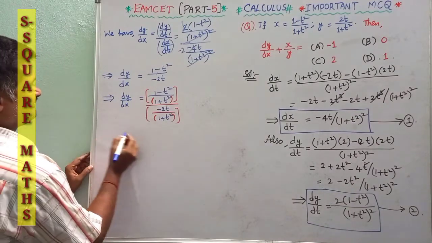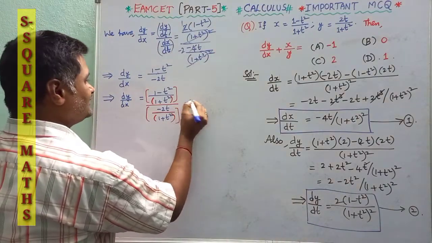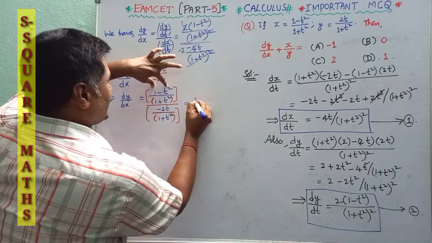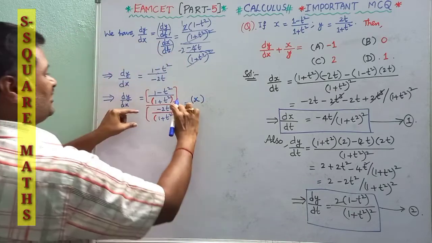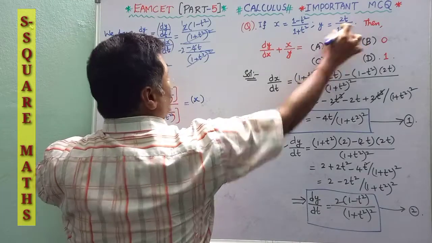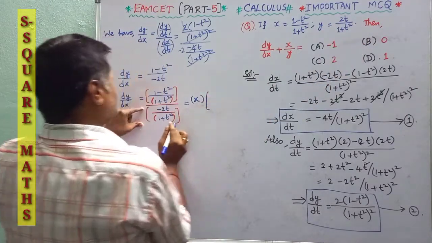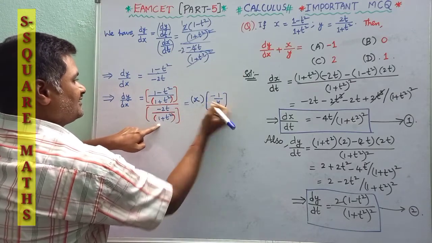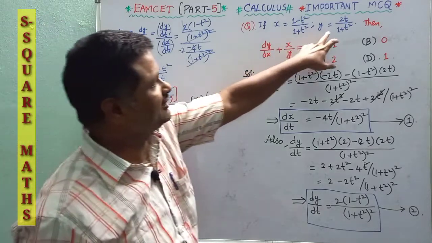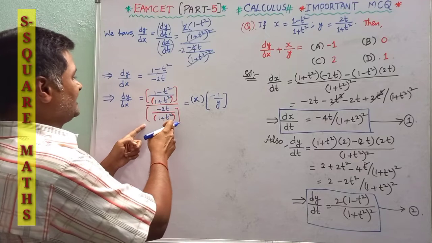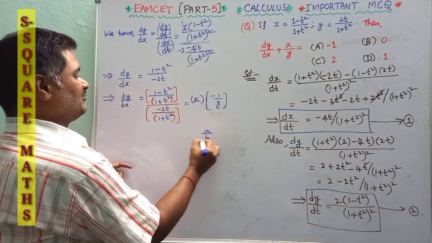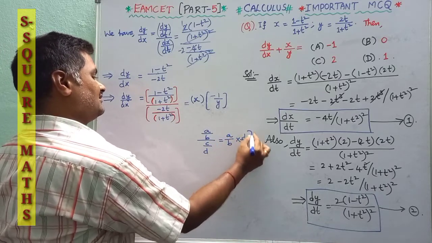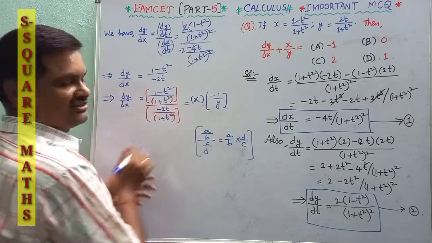So 1 minus t square by 1 plus t square is x. This part is x. But here you have the reciprocal, so since I have minus and it is reciprocal, I am writing minus 1 by y, because y is nothing but 2t by 1 plus t square, and here it is the denominator. If you observe carefully, a by b by c by d is nothing but a by b into d by c. So applying this here.